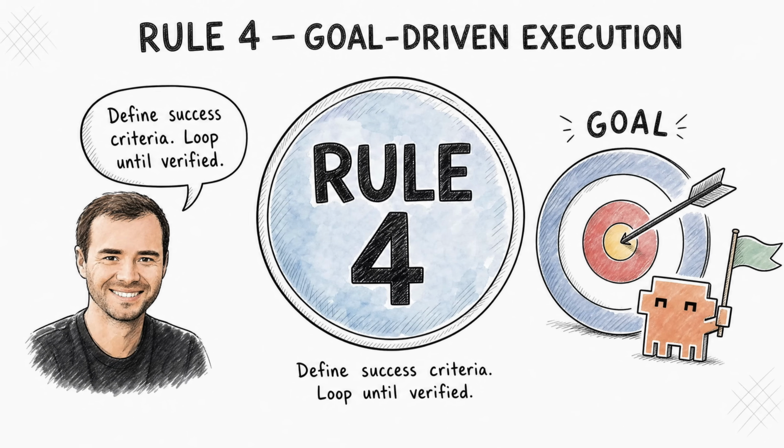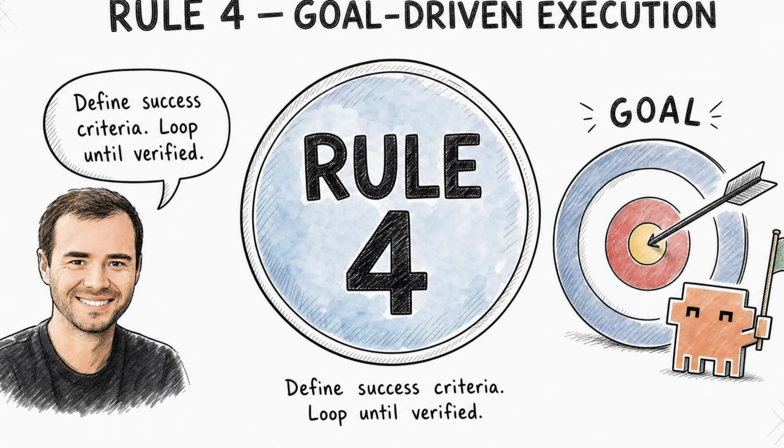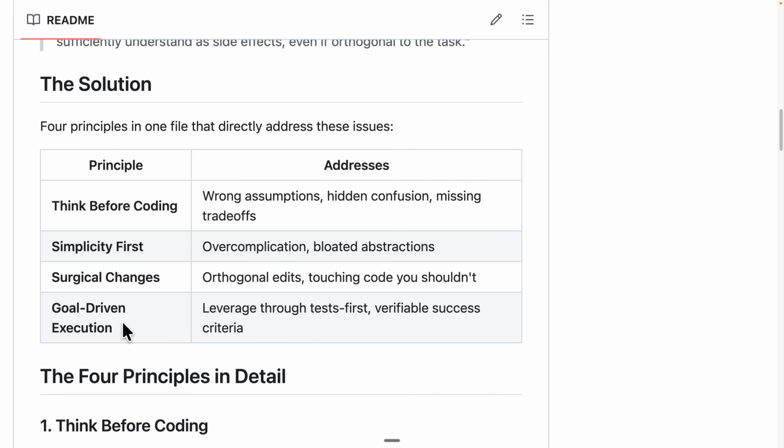The last one that we have is goal-driven execution. We need to have a clear goal on exactly how the large language model should perform before it does the execution. It's similar to the first one, but we need a clear success criteria for the expected behavior in the end result. Those are the 4 principles that the skill is trying to introduce, and they're all compacted down into a single Claude.md file that we can add into a project to make sure that the large language model never hallucinates when writing code.